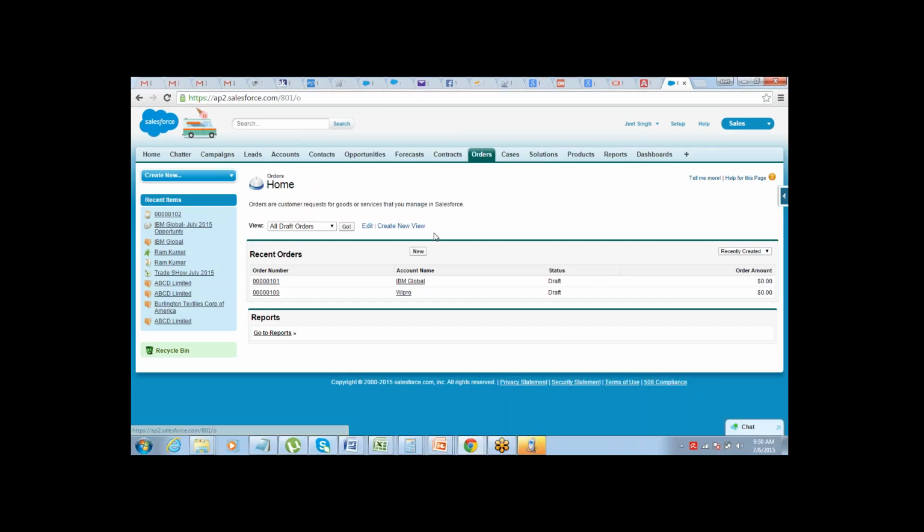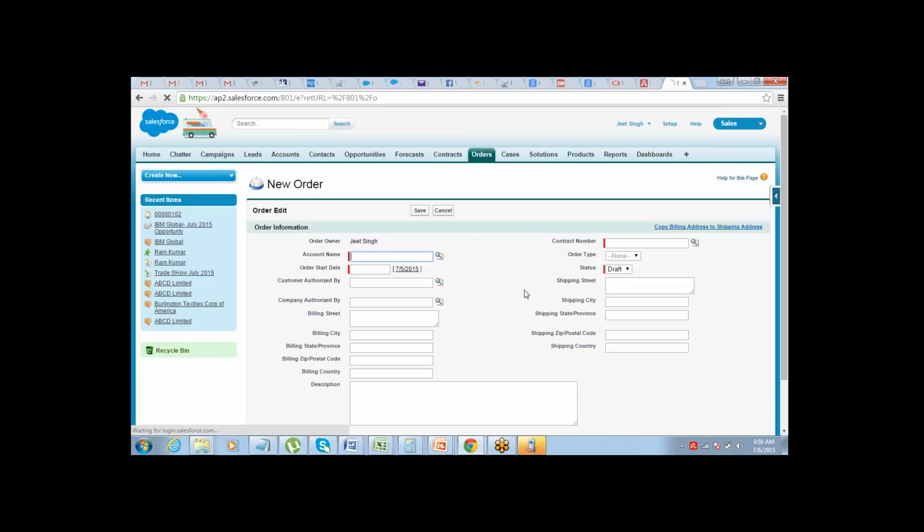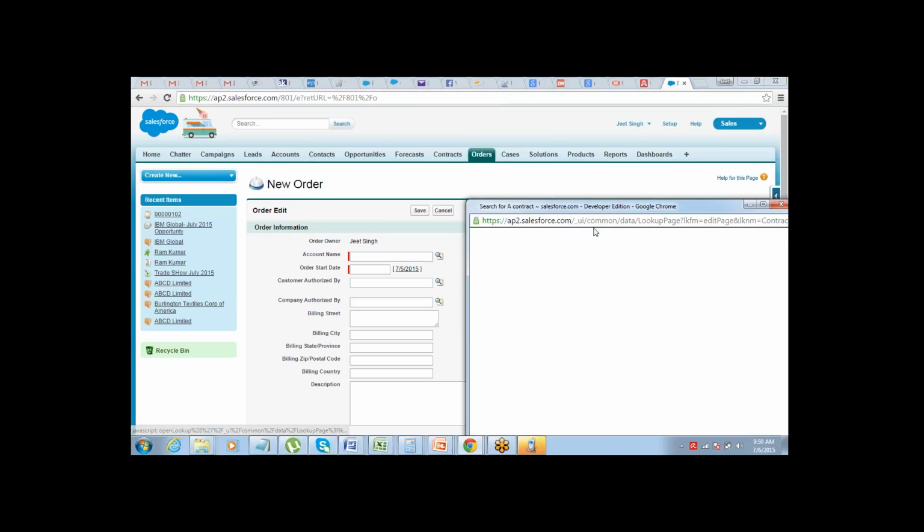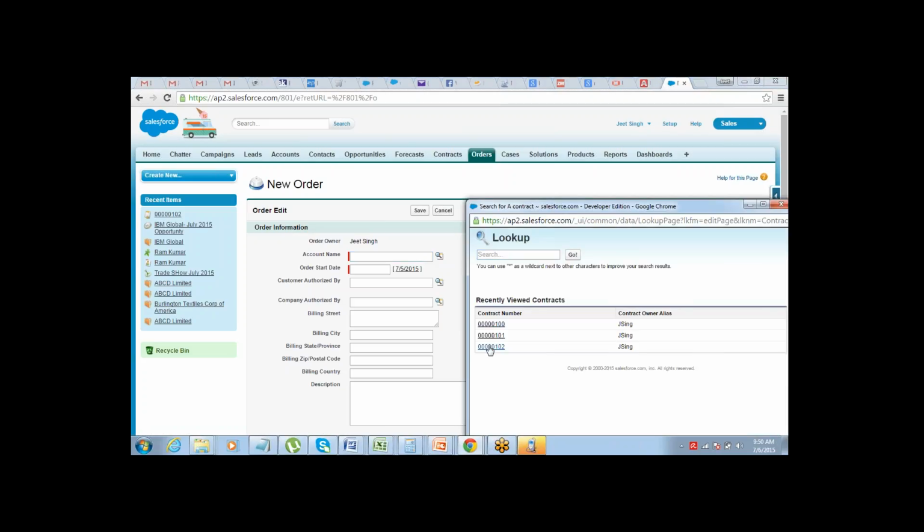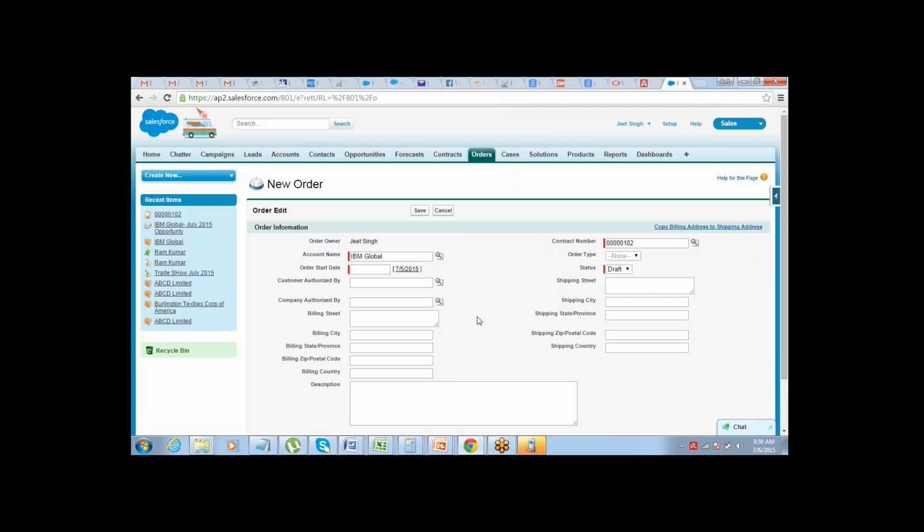Okay, then you will take orders. I saw some of you mentioned the order thing. All the orders that you're taking need to be tracked under the CRM. So here you can click on new order, and it needs to be connected to a contract number. Because while you're taking in the order, you will need to see which terms and conditions have been implemented for that particular order, right? So that's there. Then order start date,